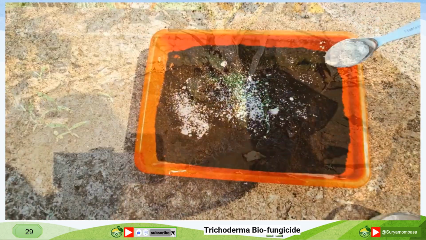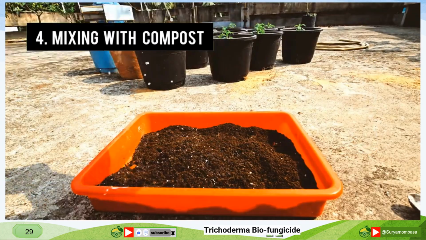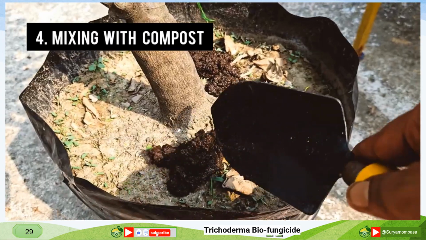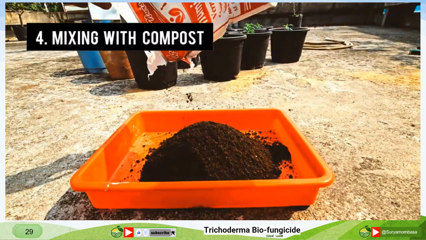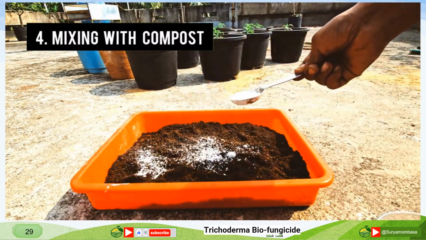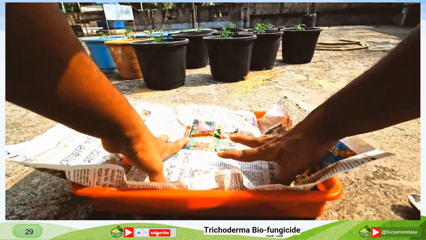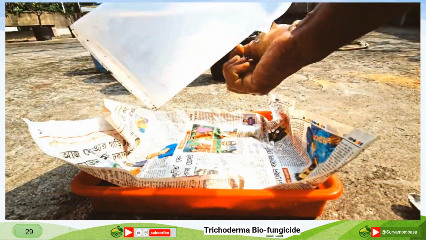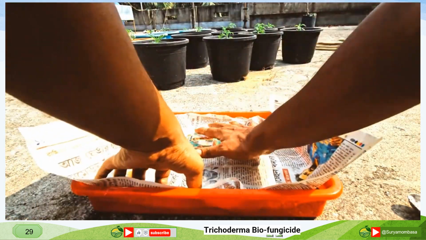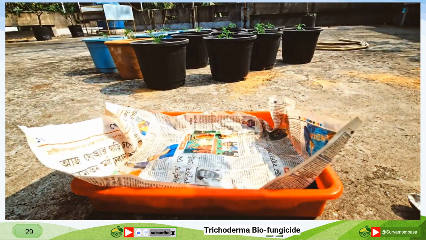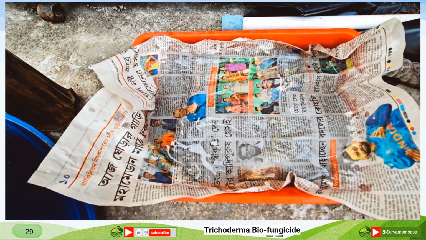The 4th way of using Trichoderma is to mix it with compost and water and leave it for a day to activate those Trichoderma fungi, and then apply it as biofertilizer. Take about 1 kg of vermicompost, add 20 grams of Trichoderma powder, mix them well and sprinkle water on it. Cover it with some paper and again add some water so that the paper can hold enough moisture. Remember, moisture is the essential factor for the survival of Trichoderma, while the organic carbon present in the compost will help them to grow. Keep it in a shady, cool place away from sunlight.